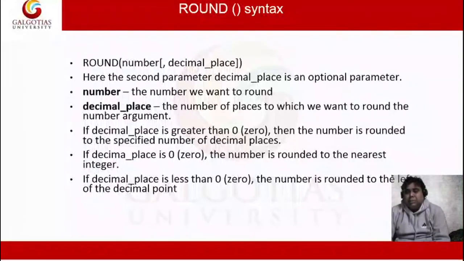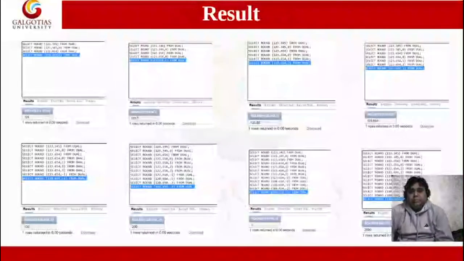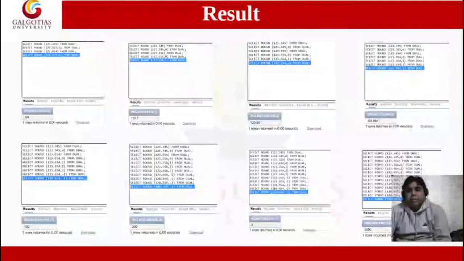If decimal places is 0, the number is rounded to the nearest integer. In the same way, if the decimal place is less than 0, the number is rounded to the left of the decimal point. So these are the results that we will find by taking many examples considering all the parameters of the round function.